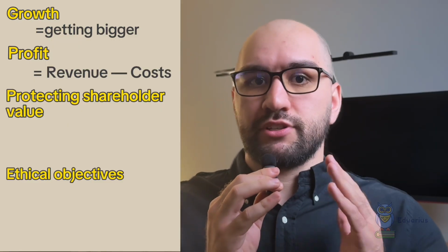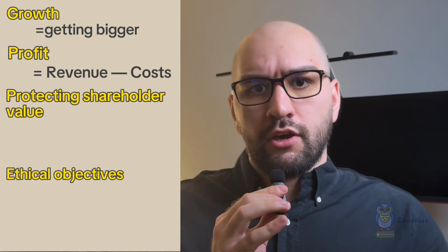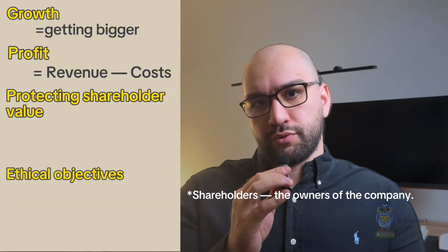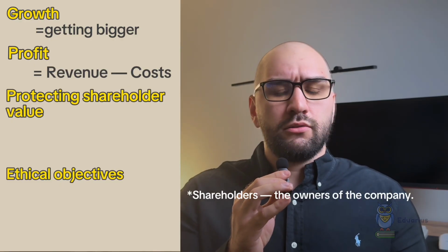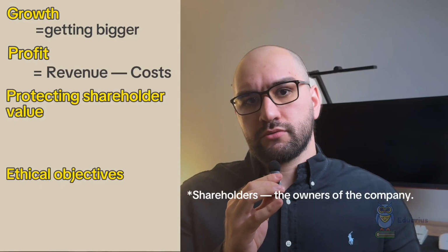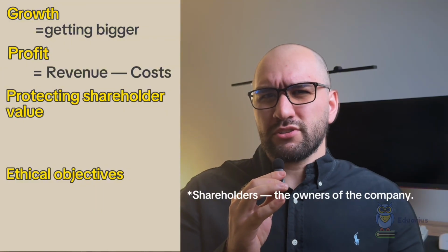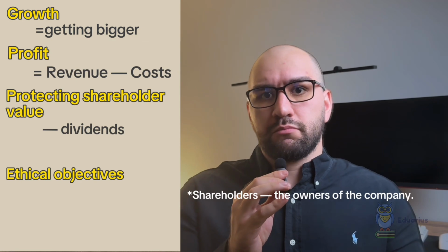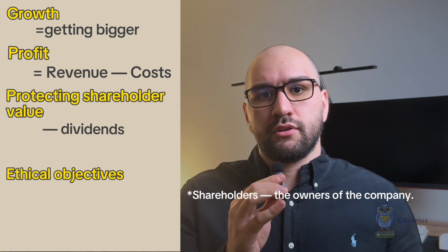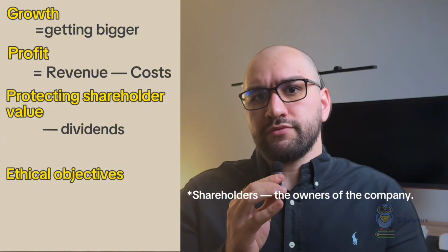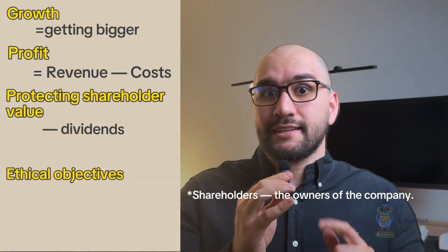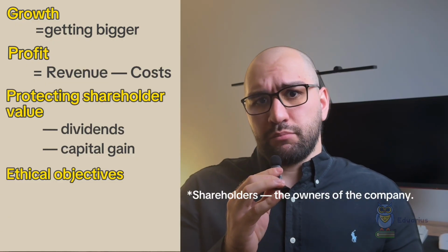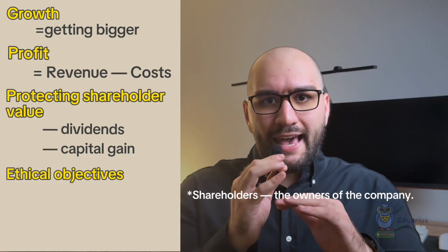Any business has to protect their shareholders. Shareholders are simply the owners of the company. Who is responsible for protecting the business actually? Well, I think directors and managers. What do shareholders expect? They expect 2 things: dividends, which is profit distributed between shareholders, pretty simple, more profit, more dividends. And the second one is capital gain, the rising value of their shares. If the price of shares is getting bigger, I will be wealthier. So as simple as it can be.